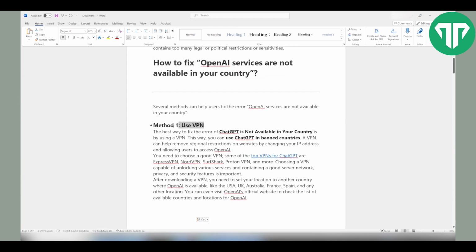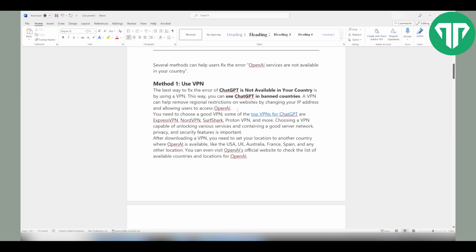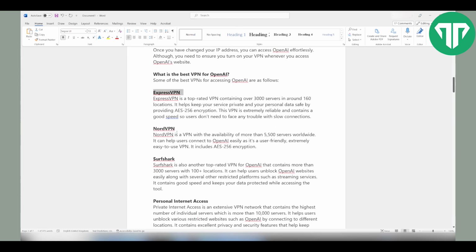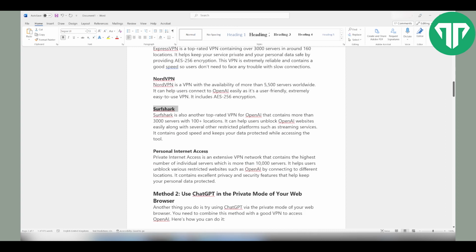The first method is the most obvious one, which is to use a VPN. This way you can connect to a country that ChatGPT hasn't banned, and then you can use ChatGPT. Here are some VPN options you can go with: ExpressVPN, NordVPN, Surfshark, or you can create your own personal internet